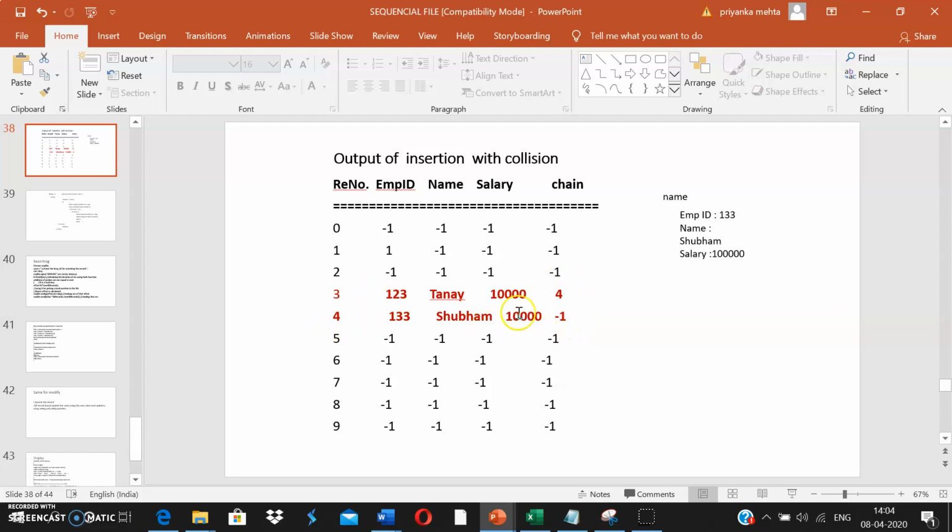So since this record is being deleted, I'm going to take the chain of this and update it here, right? So -1 will come here. Even if it was not -1, let us suppose it was 5, then 5 will come here at this particular position, right? So this record will be logically deleted. You can update this record with the initial value -1 -1 -1, and this can be logically deleted.